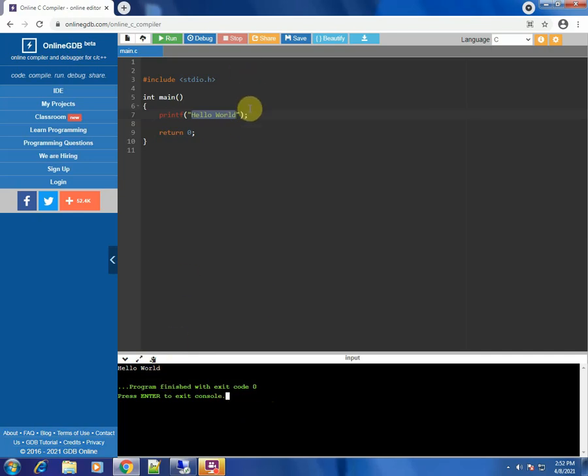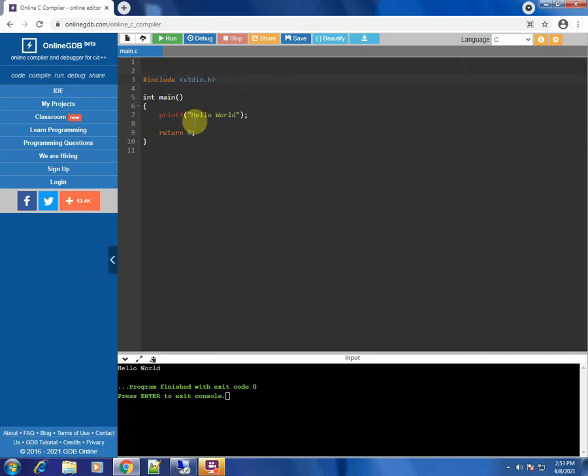Now let's learn what all these lines in the C program denote. What you can see in the first line itself is hash include. Hash include is nothing but a preprocessor directive which you have to make use of to include any kind of header files in your program.